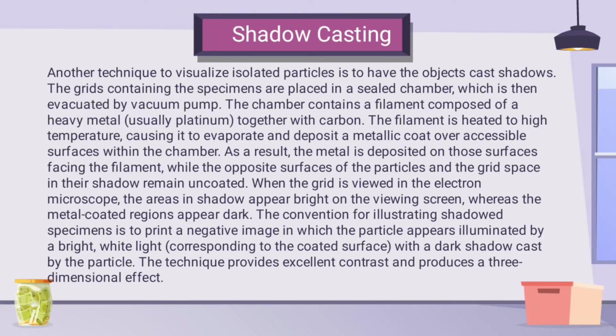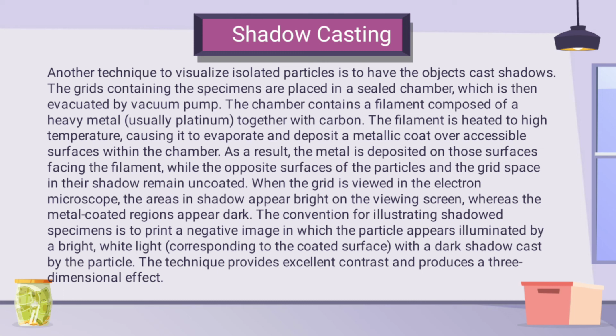Now let us tackle shadow casting. Another technique to visualize isolated particles is to have the objects cast shadows. The grids containing the specimens are placed in a sealed chamber, which is then evacuated by a vacuum pump. The chamber contains a filament composed of a heavy metal together with carbon. The filament is heated to high temperature, causing it to evaporate and deposit a metallic coat over accessible surfaces within